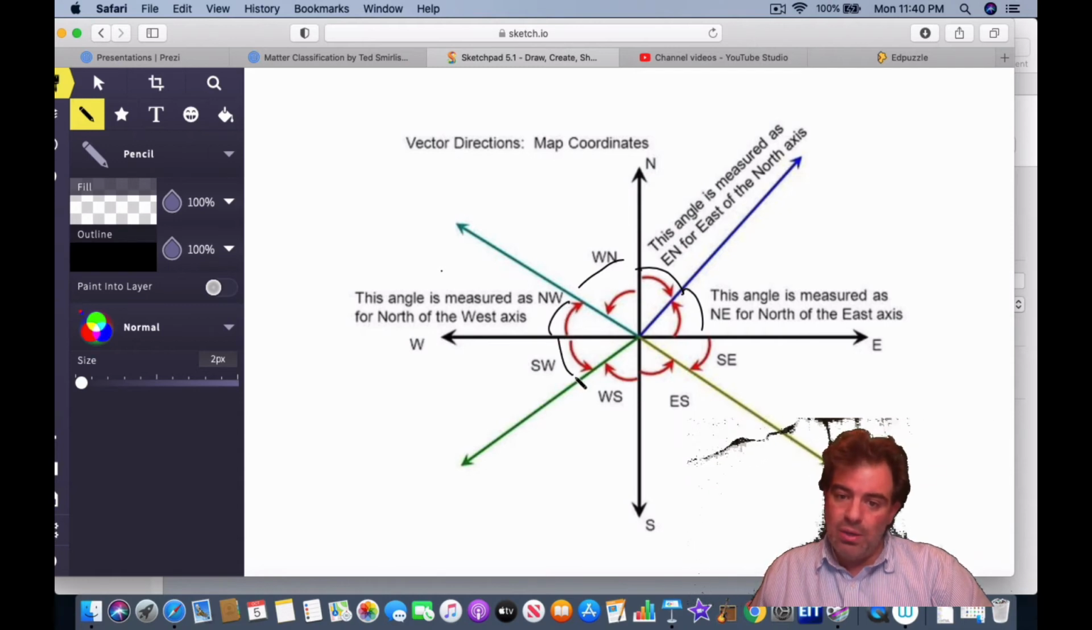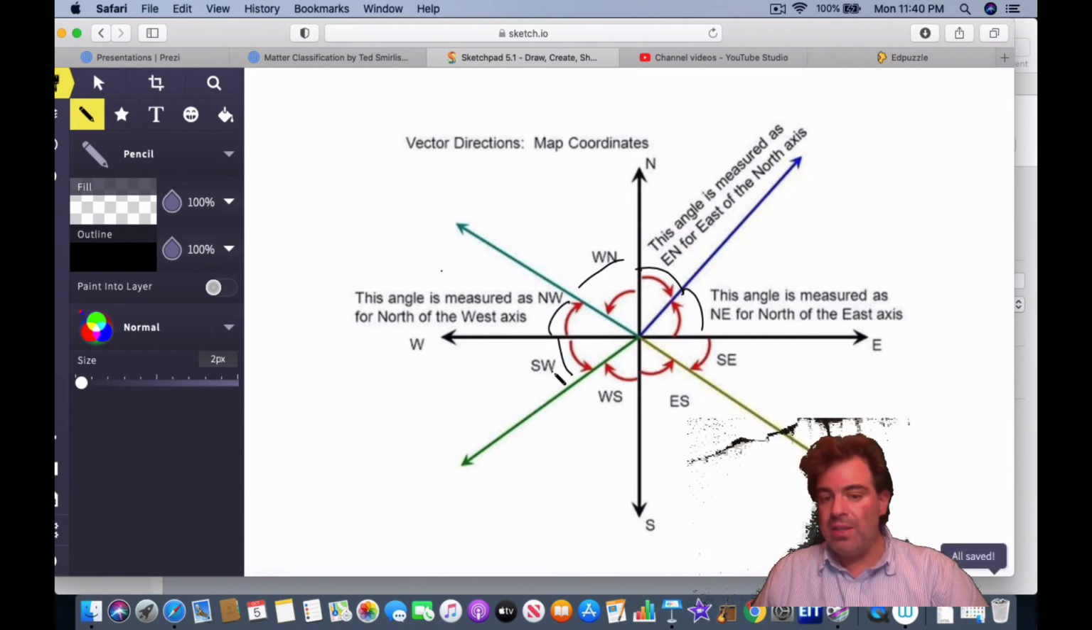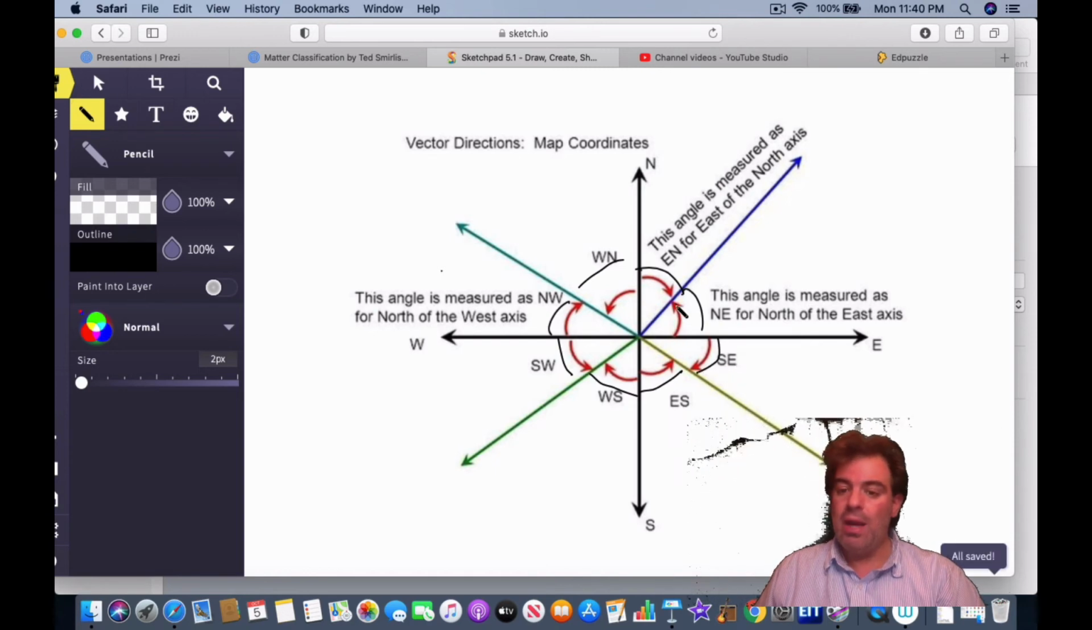This angle right here is southwest and is symbolized as SW. And if you're referring to this angle over here, it's going to be west of south. This one right here, east of south, and this angle right here, south of east. Now, this diagram is good to know. However,